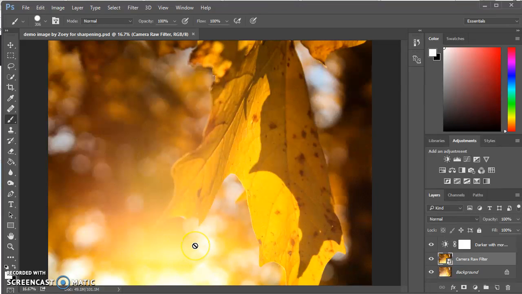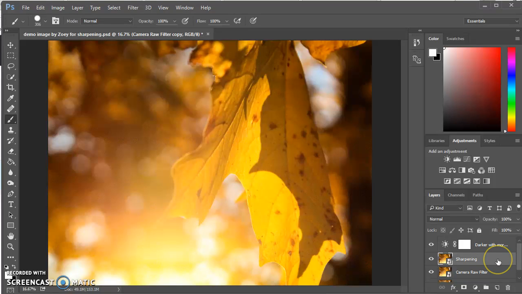In this video tutorial, I'm going to show you how to sharpen your images 3 different ways. The first thing you want to do for all 3 of the ways I'm going to demonstrate is to duplicate your topmost layer. In this case, it would be our camera raw filter layer, by dragging it over the new layer button. And then you'd want to rename it